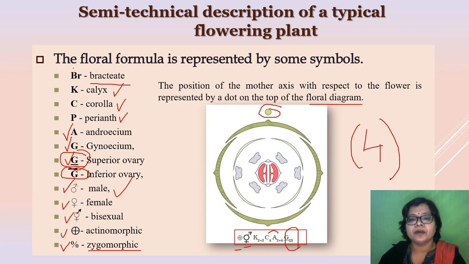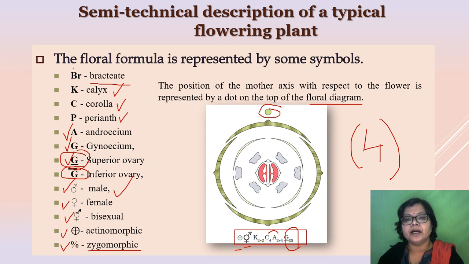So here you see, from the floral formula we can understand that the number of sepals is 4, and 2 are outside and 2 are inner side, and all are free, not attached, right? Now the next one is the corolla. Here the number of petals is 4 and they are free from each other, and it represents valvate aestivation, right? Then the next one, androecium, that is 2 plus 4, so the outer one is 2, and then on the inner side 4 are present and they are free. Okay, so that is the androecium. And then the gynoecium, ovary, that is 2 are present, and it represents axile placentation.